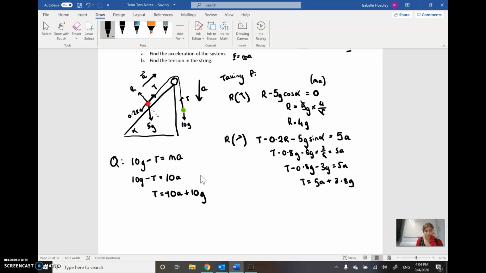Okay, so from here, because we have T and T is equal on both sides of our system, we can equate these variables. So we've got negative 10a plus 10g equals 5a plus 3.8g. Therefore, negative 15a is equal to, I think that's negative 6.2g. Yep, perfect. So therefore a equals 6.2g over 15. So therefore the acceleration will be